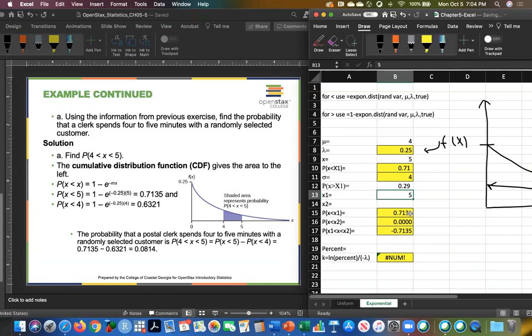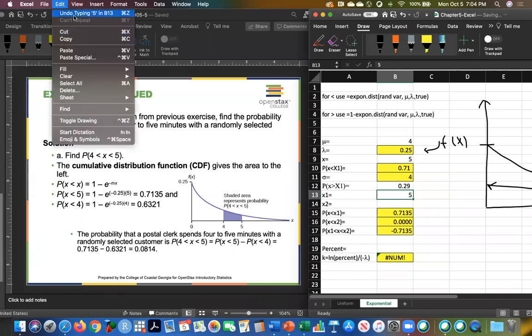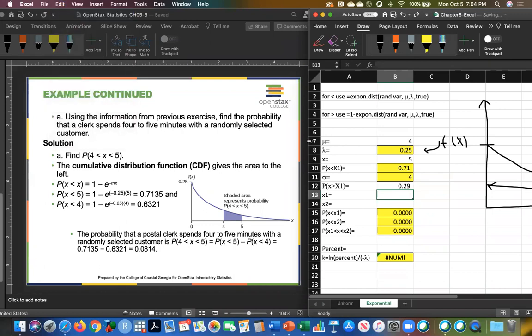I did something wrong. That is not surprising on me, on the typing. Okay, so here is going to be 4, and here, 4. Something happened with my mouse, it doesn't work, and this is 5. So we have